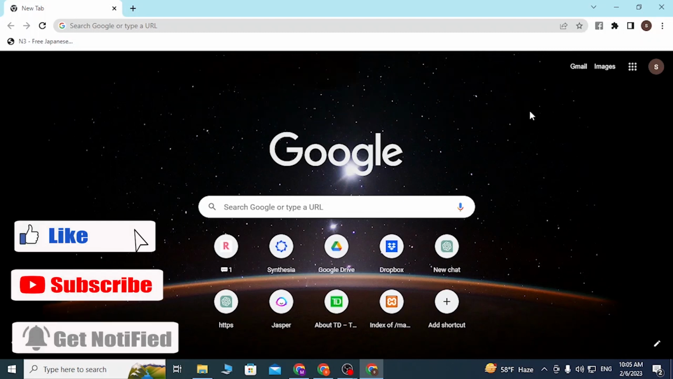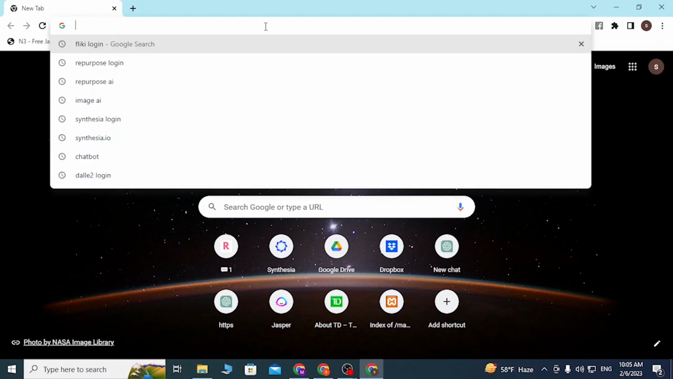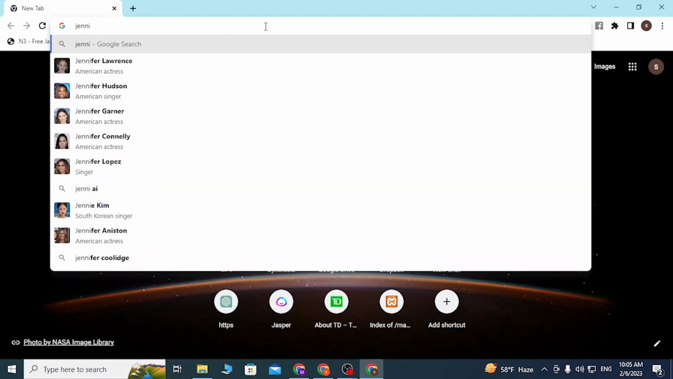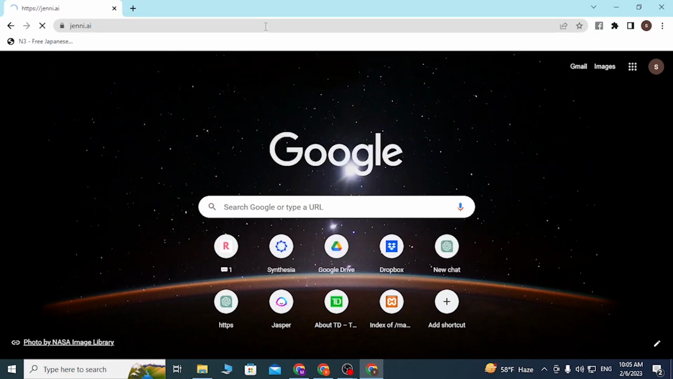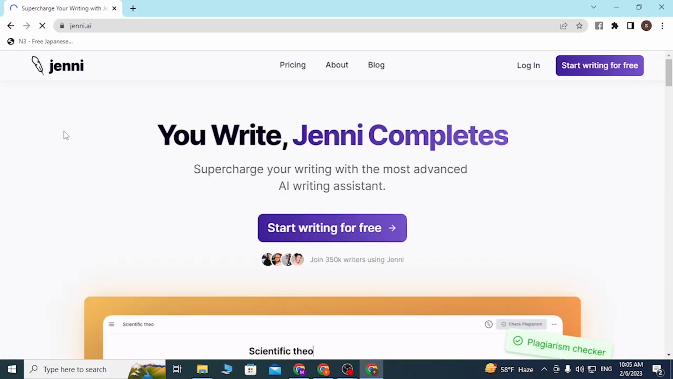Now to log into your Jenny AI account online on your PC, first open up your preferred browser. As I have already opened Google Chrome, on the search bar click over there and type in Jenny.ai like this and hit enter, and then you'll be directed to the home page of Jenny AI like this, or you can